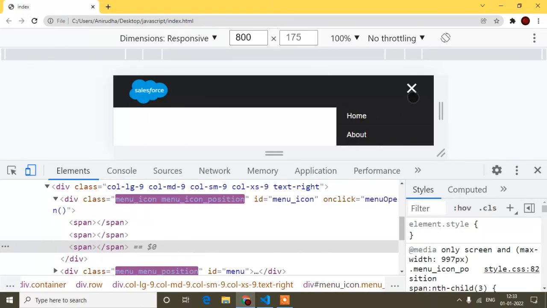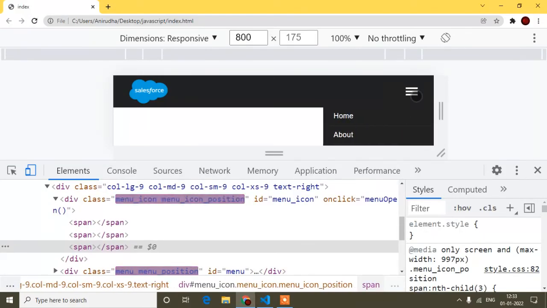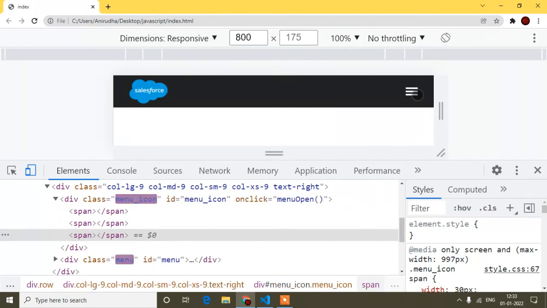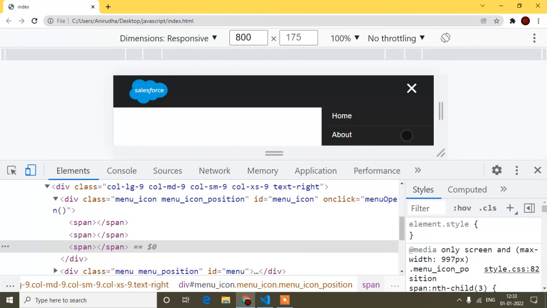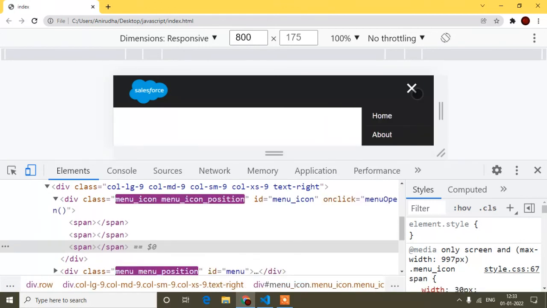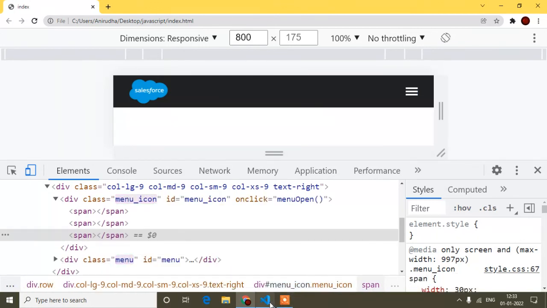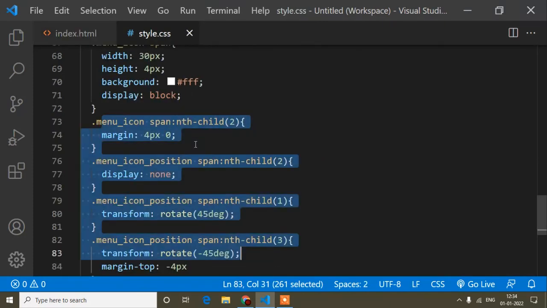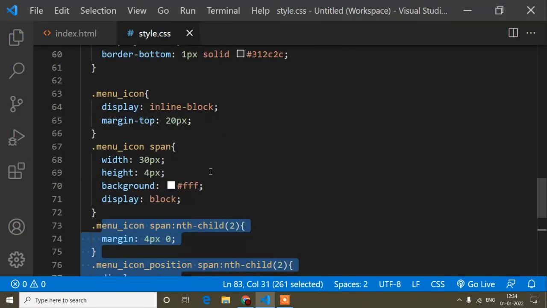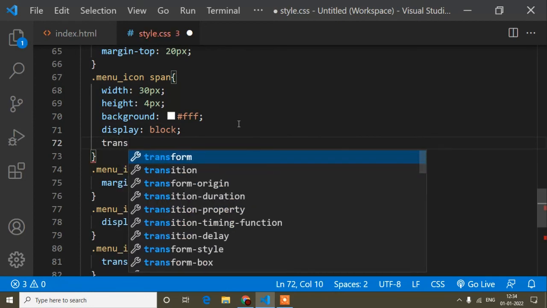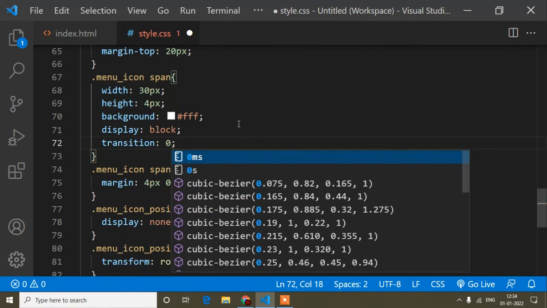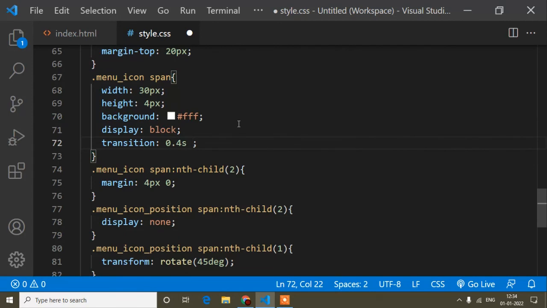Refresh. So if I click, you can see this one. Okay, but guys, same thing here, you can see it's going to the cross icon and again back like this. Okay, but it's not animated. So for that, in this style.css, this menu icon span here, I will add the transition effect, transition 0.4s ease-in-out.